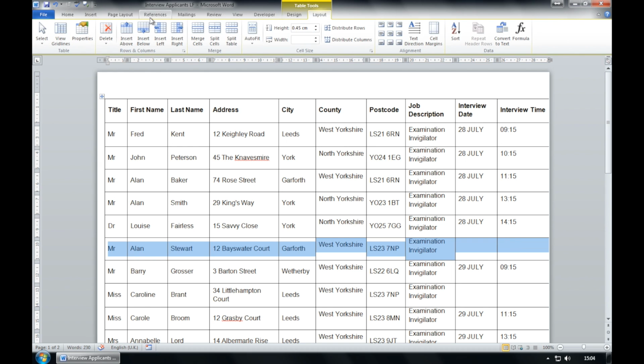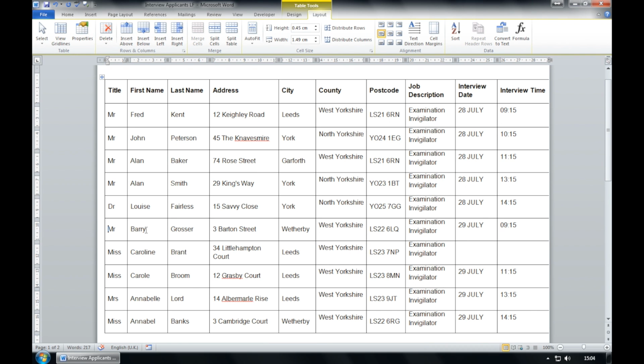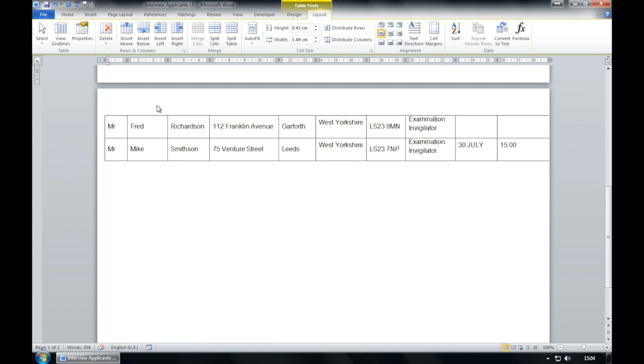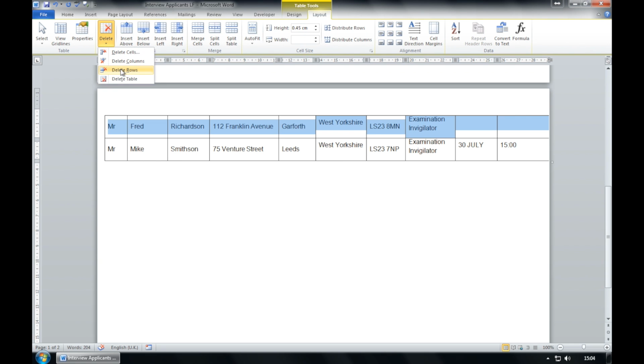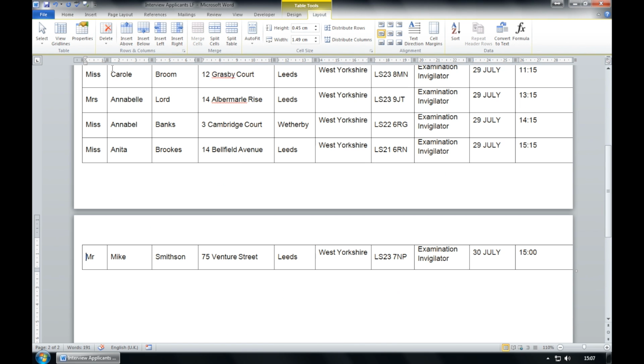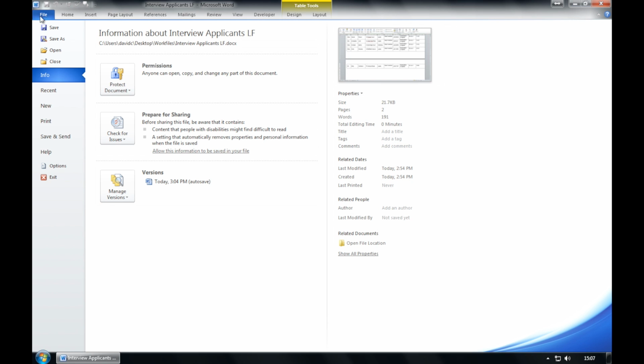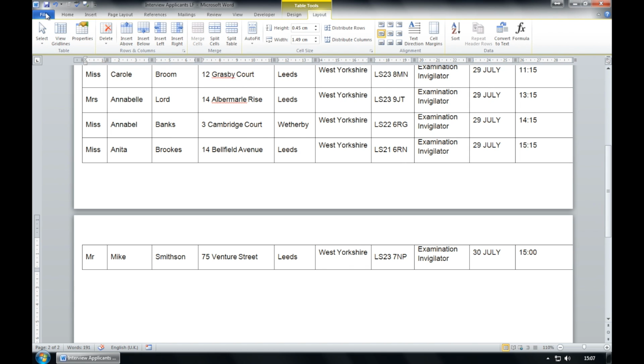So we can go to layout, delete rows, and we can delete Miss Caroline Brandt here, delete rows, and we can delete Mr. Fred Richardson. We then need to save and close your file using the file name interview applicants, which we've already got. So file, save, and file,